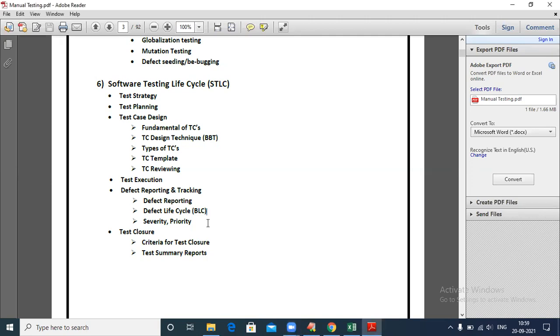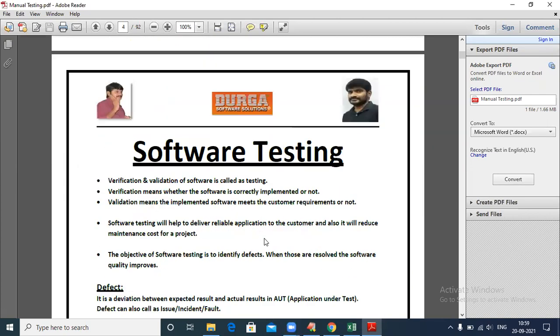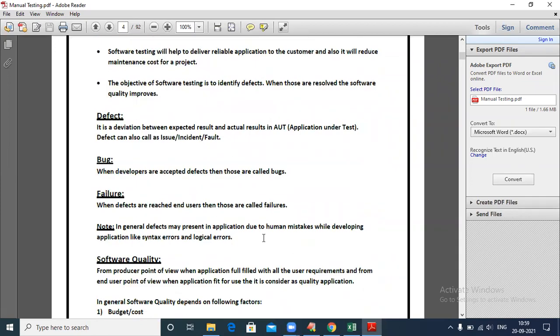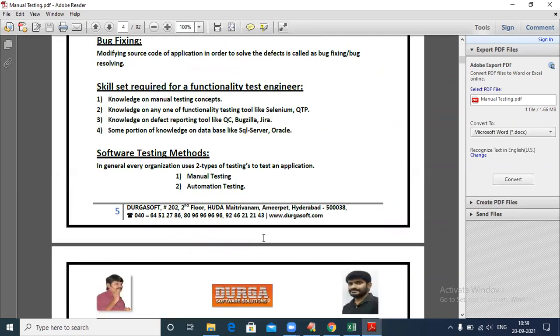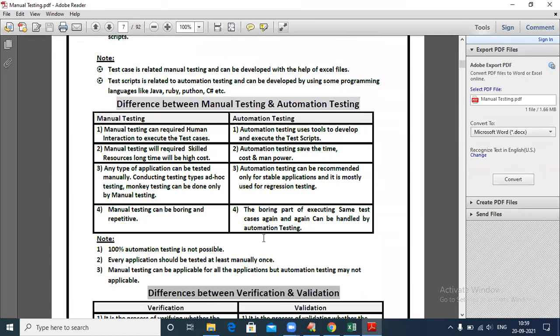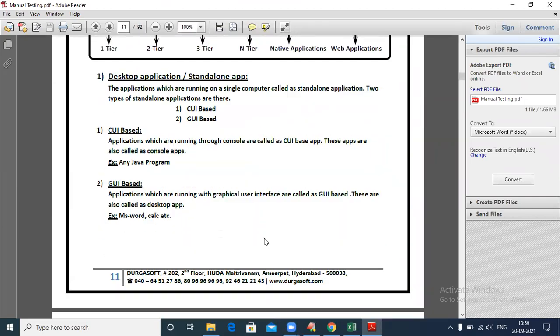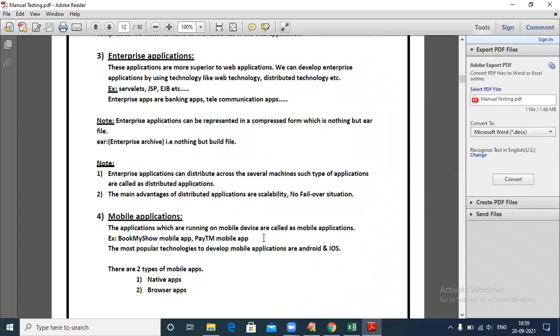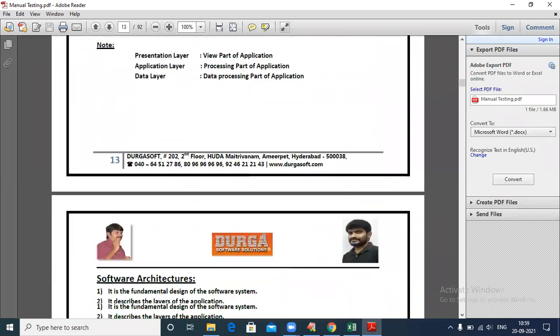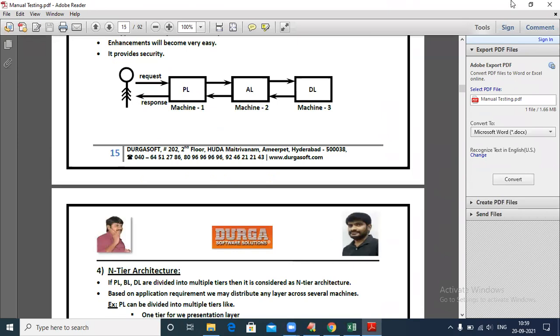Sir, you don't write any notes, nothing. Okay, I will share this material with you. I prepared material: what is software testing, what is a defect, what is a bug, failure, everything with diagrams, everything in PDF. I will share this document with you. Once payment and everything is completed, I will provide the documents, and I will record every day and you will get the recordings. Every diagram, everything, I prepared as material.